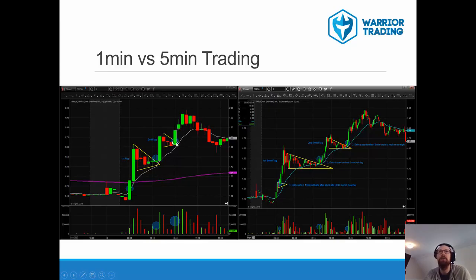On this breakout, the second 5-minute breakout, we did not get a very clean 1-minute pullback. It just kind of squeezed right up. So sometimes you'll miss that 1-minute pullback. The second pullback,